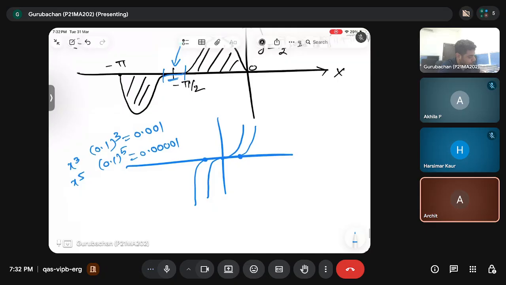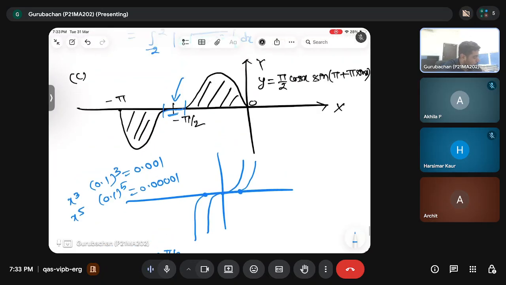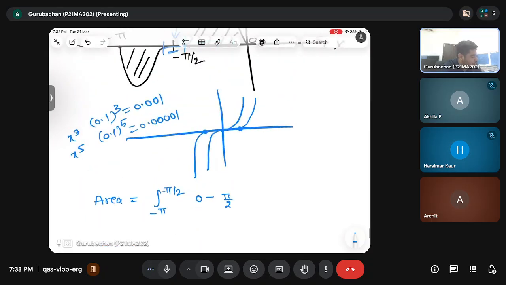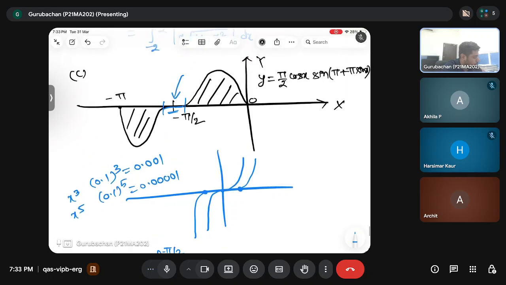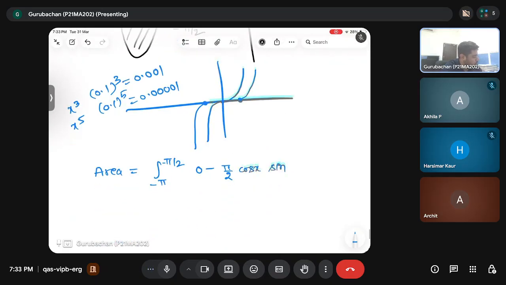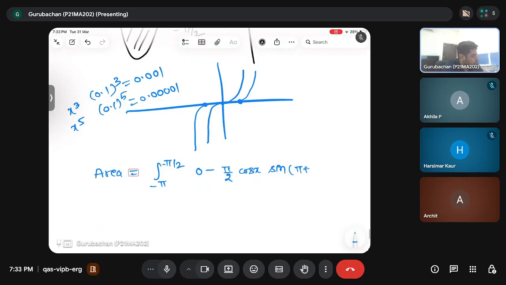So area is, from minus pi to minus pi by 2, upper curve is 0 and lower curve is pi by 2 cos of x sine of pi plus pi sin x dx, plus